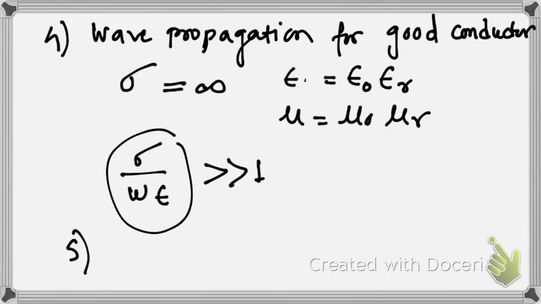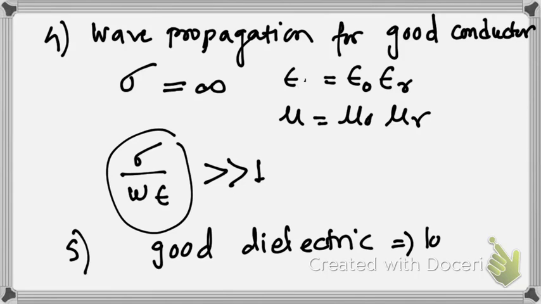And the fifth one, for good dielectric, wave can propagate through a good dielectric, but a good dielectric is nothing but a lossless medium. So we will consider all the equations of lossless media. Air is also called a dielectric material. If it is perfectly air, then it is again a dielectric material, so we will consider epsilon is equal to epsilon naught and mu is equal to mu naught. If it is not air and it is another dielectric material, then we should consider mu is equal to mu naught and epsilon is equal to epsilon naught. Right. So with these notations, let us proceed further.